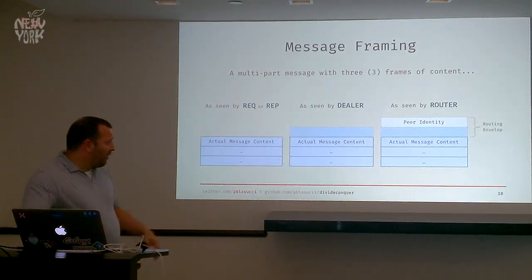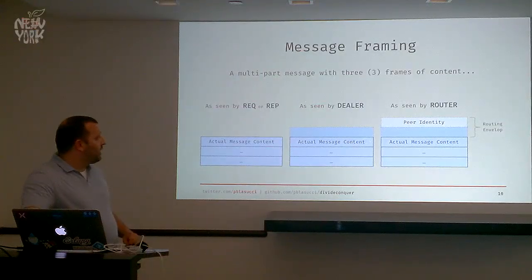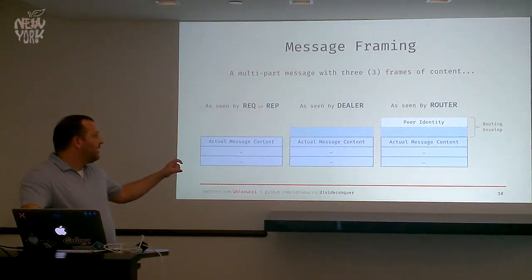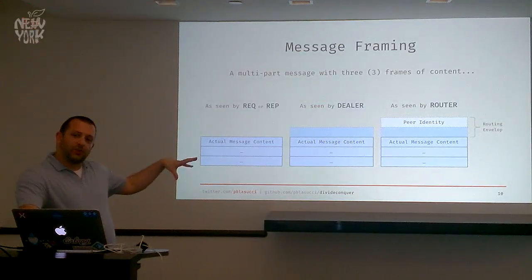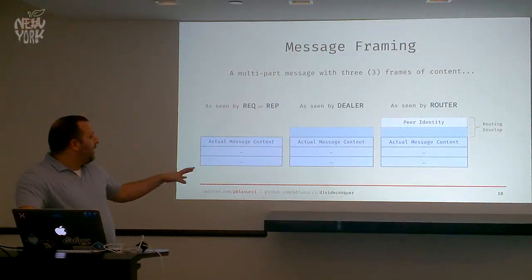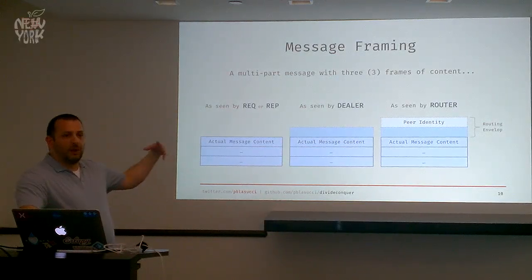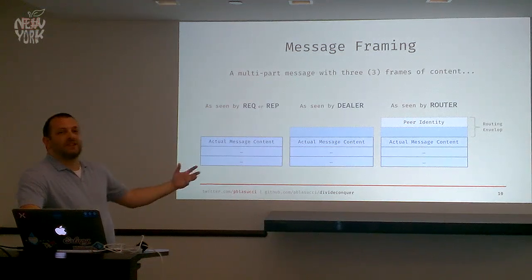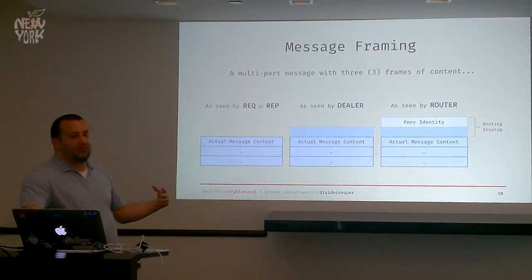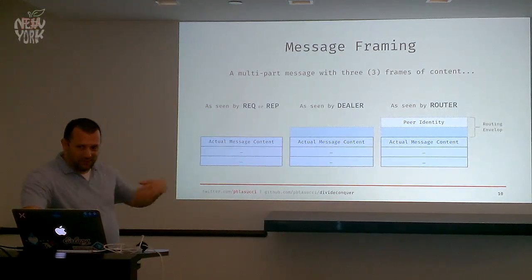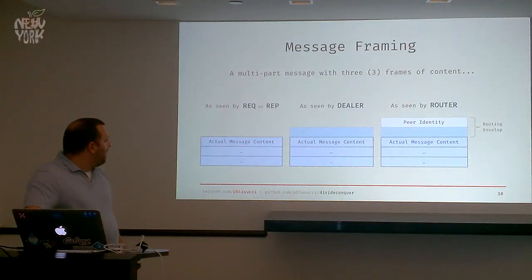So you are free. Routing envelopes, it's worth noting, again, that routing envelope as a concept really only applies to router and dealer. Same for identity. You really only have identity in the bidirectional socket space. Pub sub identity doesn't make any sense because you don't have bidirectional communication, you just have topical filtering. But it folds into message framing.